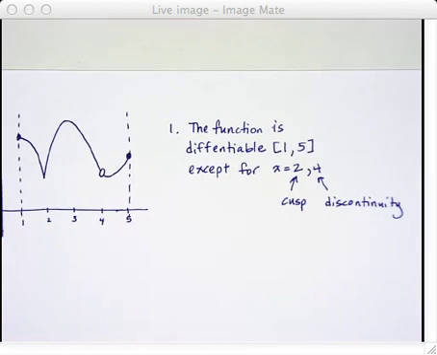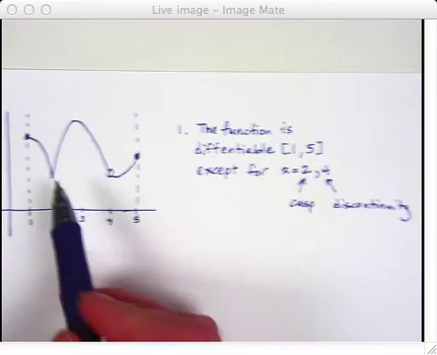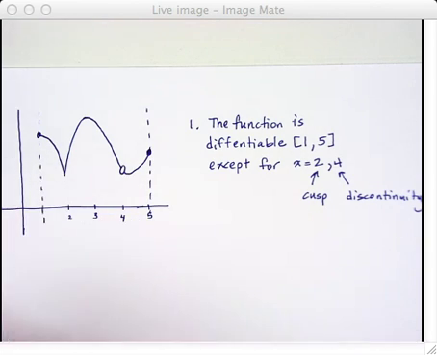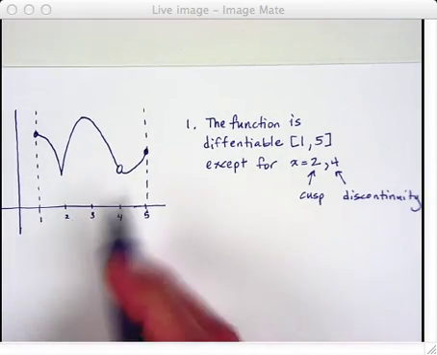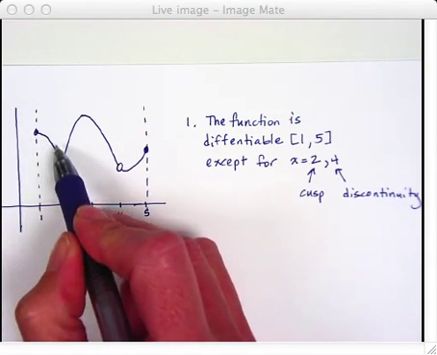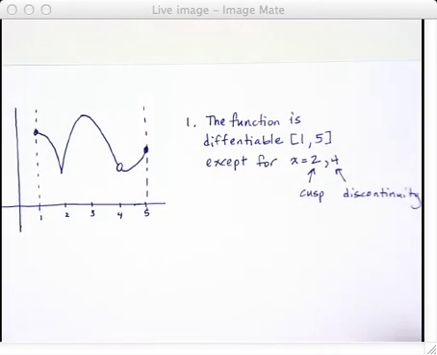All right, now the second one says, where is it continuous but not differentiable? That means where do you have a point that exists but you don't have a derivative there? So where do I not have a derivative? I don't have a derivative at 2 places. Here at x equals 2 and here at x equals 4. Well, continuous just means you have a point that exists for that input, and it doesn't jump around. It's part of the curve. So right here, you notice that I could trace this curve and not have to lift my pen